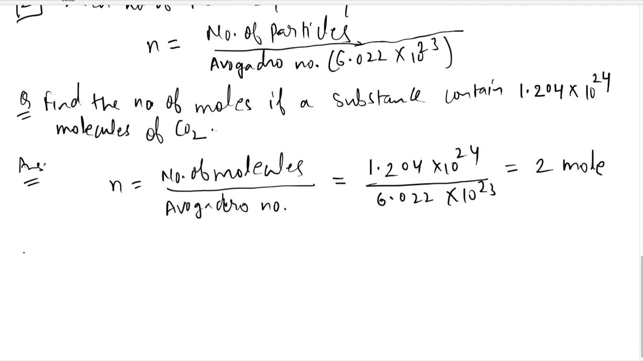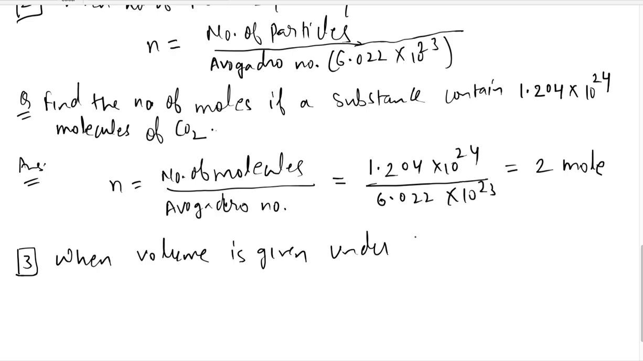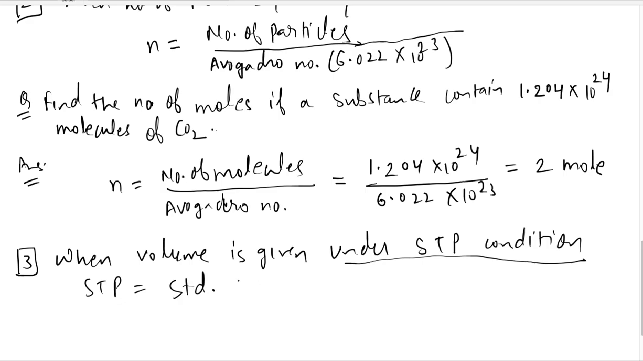Then formula number 3. Formula number 3, when volume is given under STP condition. This is important. Under STP condition. What is STP? STP is standard temperature, which is 273 Kelvin or 0 degree Celsius,